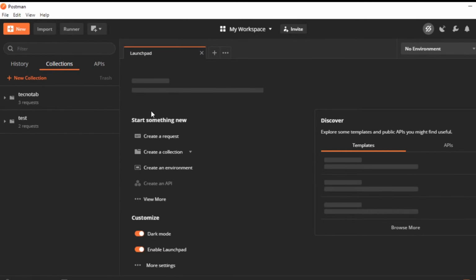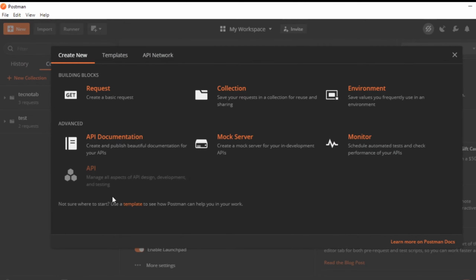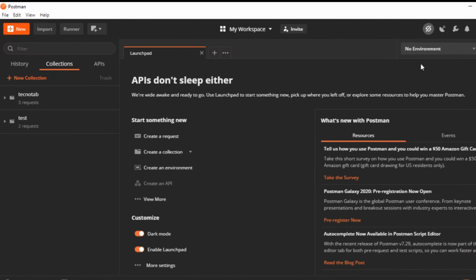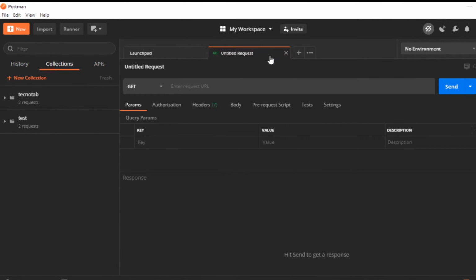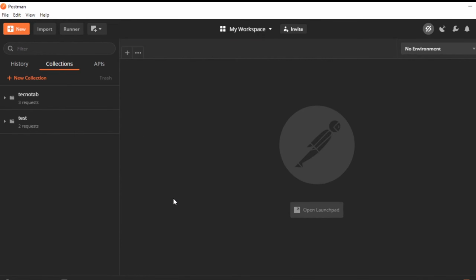This is the window that you will get when you first install the Postman. So here you will not be getting anything, this will be blank, and you will be getting a pop-up here like this in your Postman. Just close this one and let's see the panels. Here is the main panel and here is the sidebar. You will get all the navigation things here. You can create your request here. So all these things we will see later, how we can make use of them, but for now you just know that this is how your Postman will look when you open it.